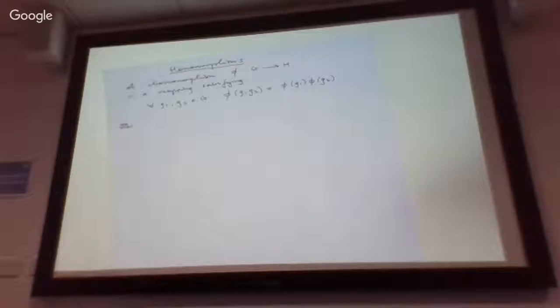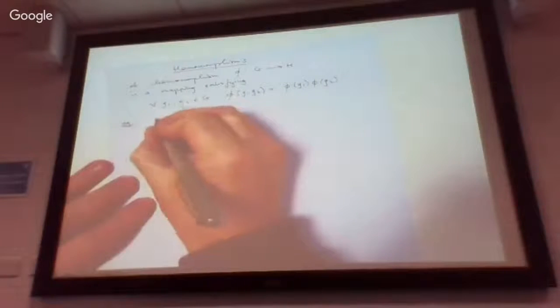If you apply a homomorphism to a group that you're investigating and look at the image of it inside the other group H, you're probably getting some kind of simplified view of G. If the mapping is an isomorphism, then you're getting a group in H which is exactly equivalent to the group G. If it's a non-isomorphism homomorphism, then you're probably looking at some kind of simplified version of the group G. So the first example